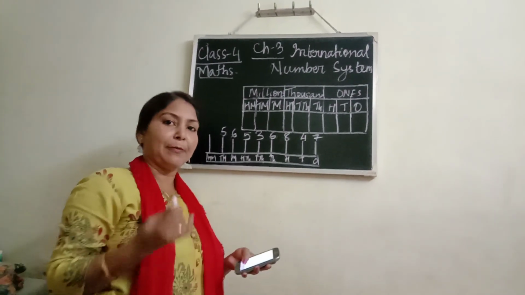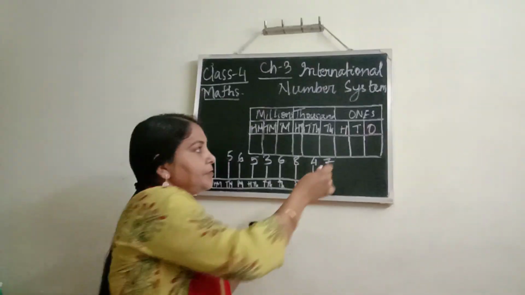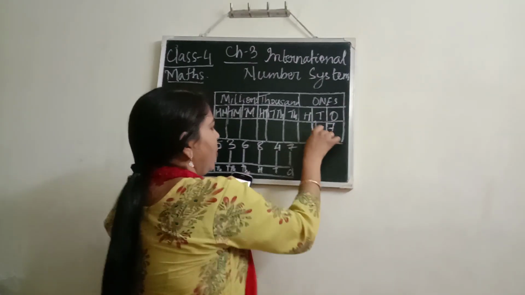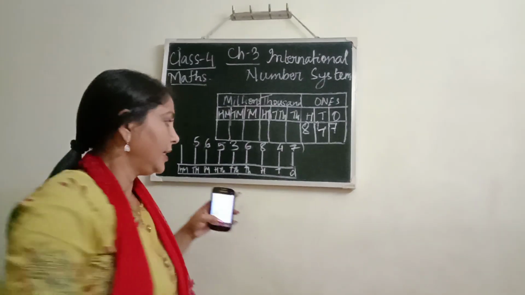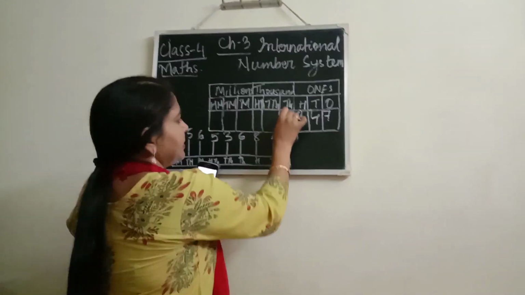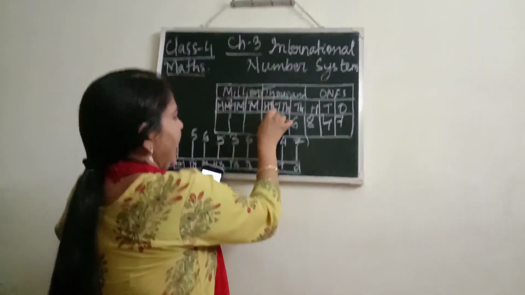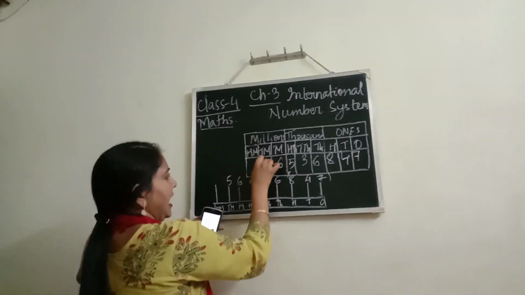Now if we have to separate the periods, how shall we separate them? Let's write this number over here: 7, 4, 8. Now the ones period is separated. Then we move to the next period, that is the thousands period. It comes 6, then 3 and 5. Then again we will put 1 comma. After that 6 and 5.